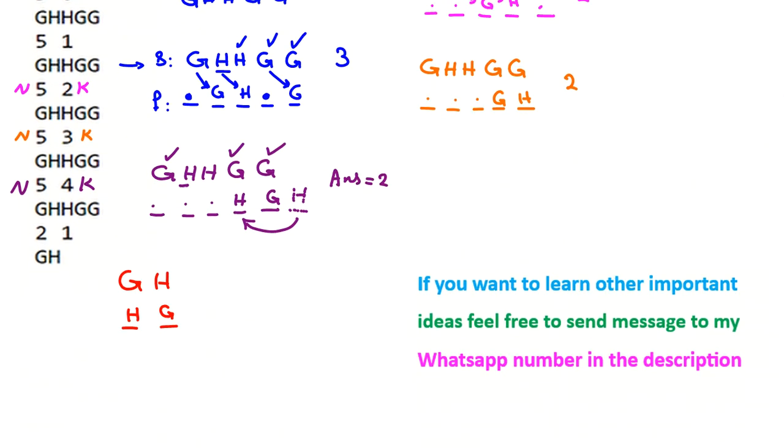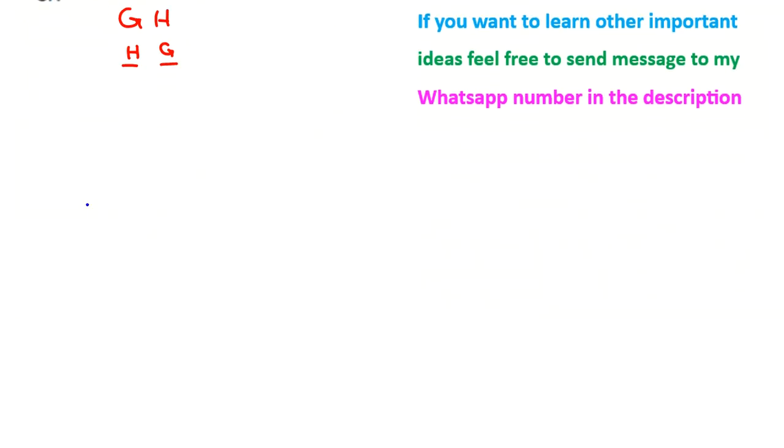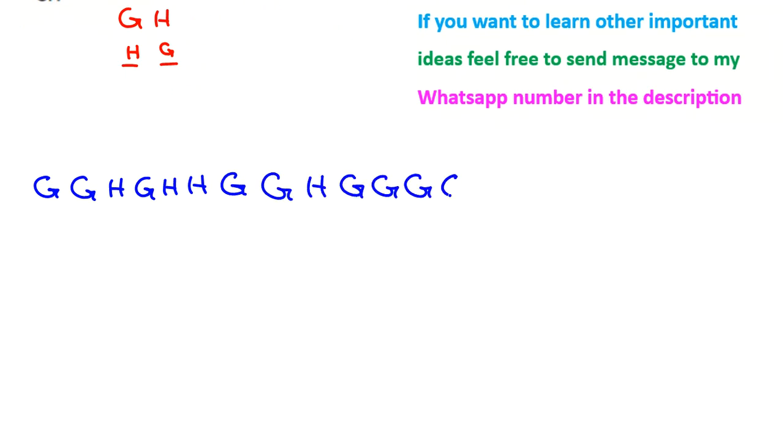HG. Okay, I will explain all these things. Now, let me explain completely my algorithm. Suppose, for example, we have G, G, H, G, H, G, G, H, G, G, G, G, H, G, 1, 2, 3, 4, G, H, and for example, K suppose